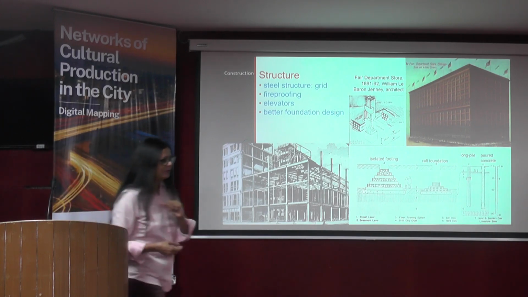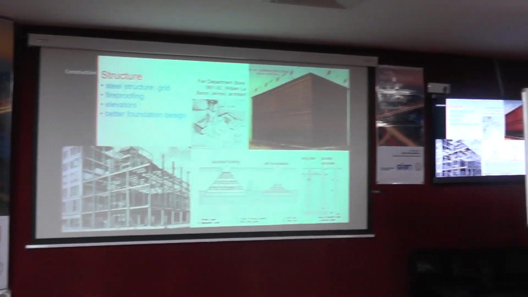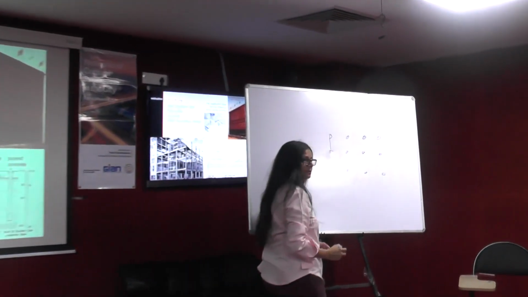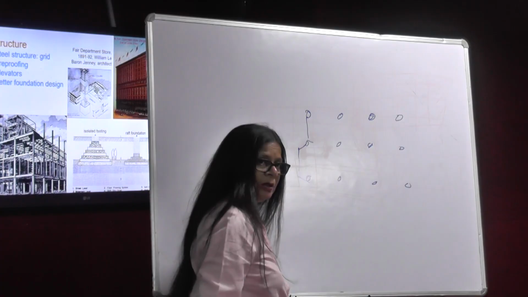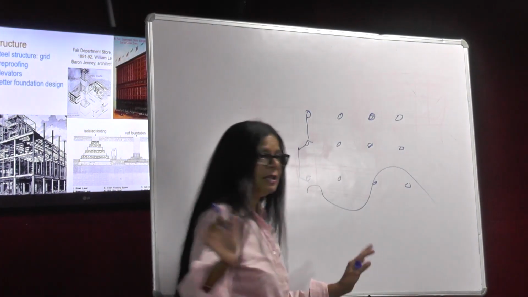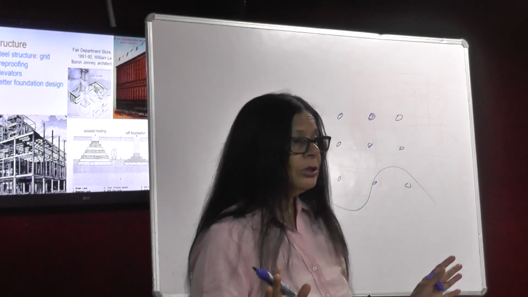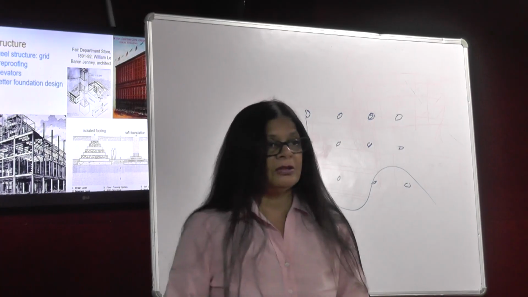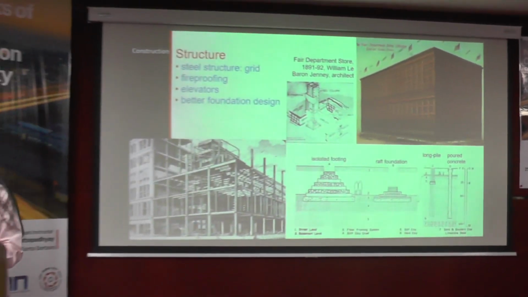I'm going to step out of the camera and do it here. This is what it looks like. So if your grid is like this, this is your structural grid, and these are the columns which are taking the load. Your wall could be like this, which is normal. It could be like this, which you'll see an example of, or it could be like this. It doesn't matter, because if you can build it, and if it holds its own weight, you can do anything. Suddenly, the opportunities of formal manipulation of buildings increase by leaps and bounds.